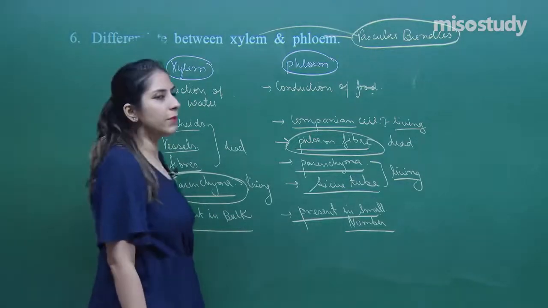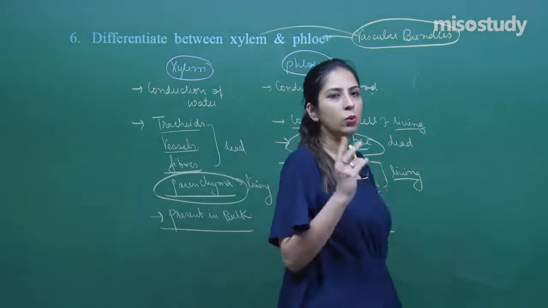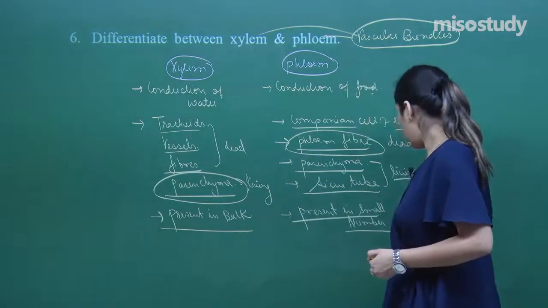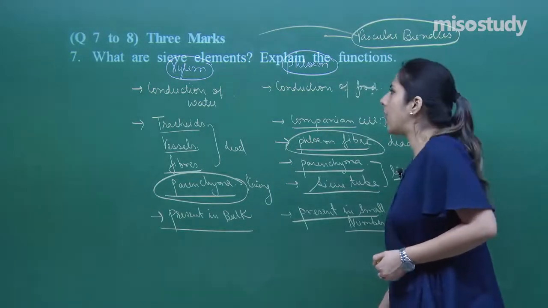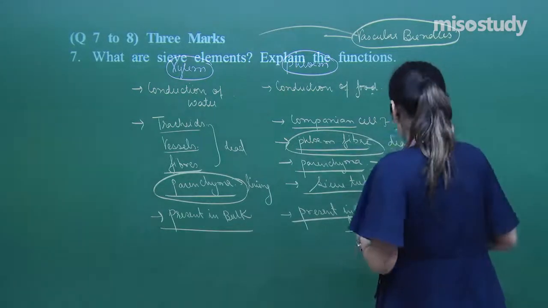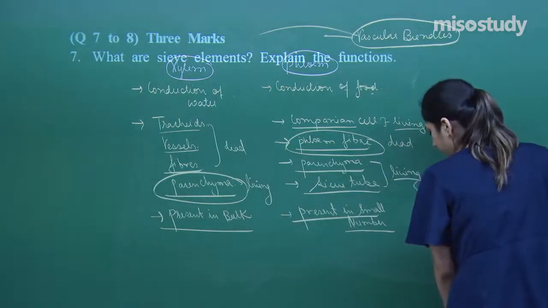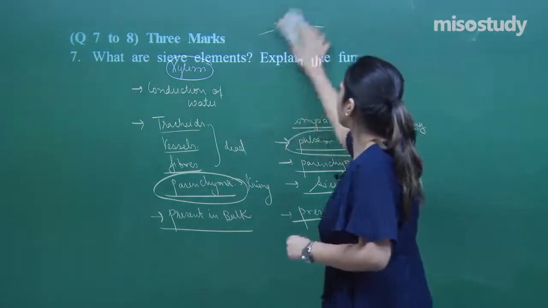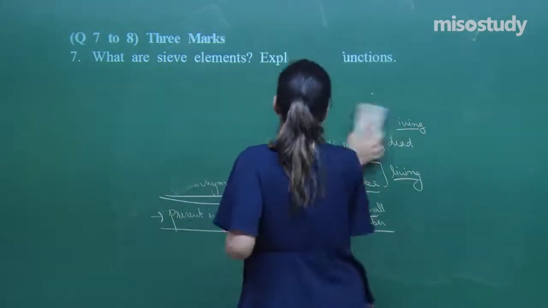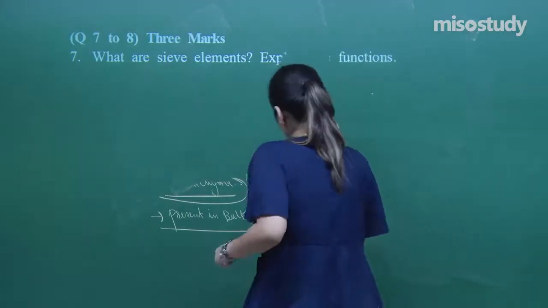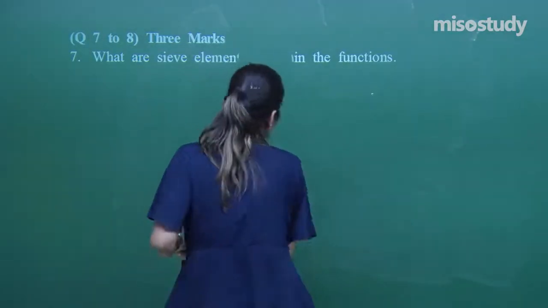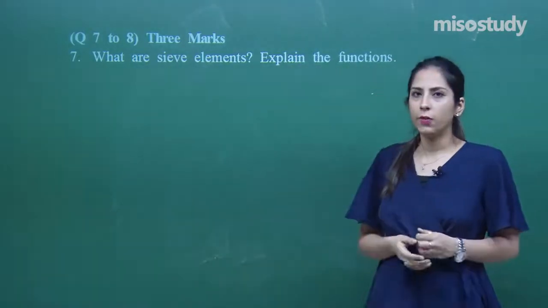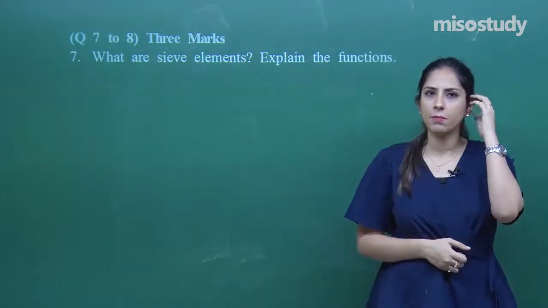So this is question number 6. Now we have discussed two categories of questions: the first is a 1 mark and the second is a 2 mark question. Let's move forward, and now we have another category, that of 3 marks. As it is 3 marks, you have to answer in a bit of detail. Wherever a diagram is there, you should draw a diagram as well.